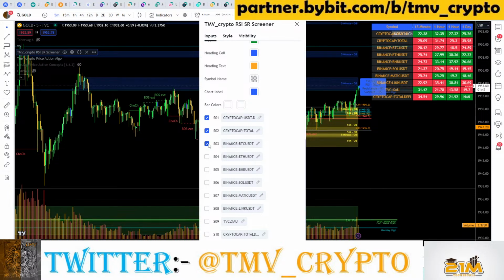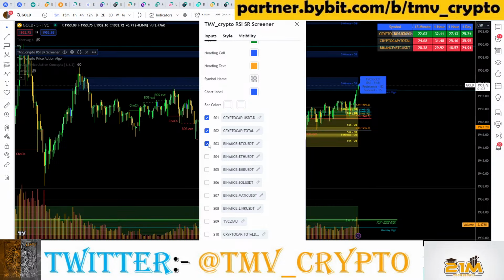Because right now what happens is everybody focuses on overbought and oversold. Anything above 70 is overbought, anything under 30 is oversold, and it's useless. Sorry, I made a mistake. Anything above 70 is overbought and vice versa. So it's useless, and hence I've made an indicator where it computes the support and resistance based on RSI,